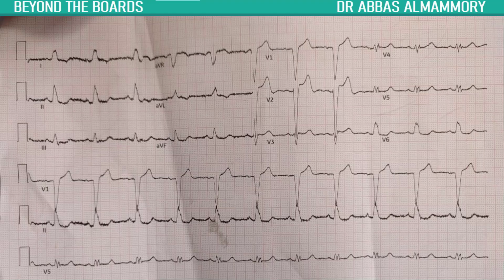Now these are considered to be part of the left bundle branch block, and these are considered appropriate discordant changes. So when the QRS complex is positive, as in lead V6, it's accompanied by ST segment depressions and T wave inversions, so that they are in the opposite direction. And when the QRS complex is negative, most clearly seen in lead V2, there is an associated ST elevation and upright T waves. So the ST segment changes and T waves are in the opposite direction of the QRS complexes. And that's